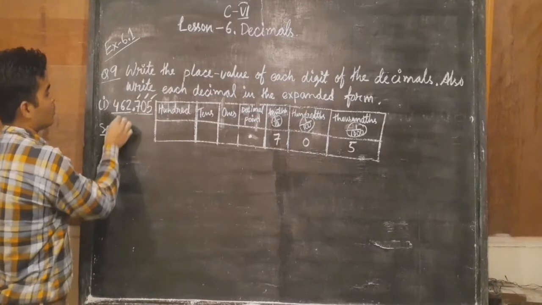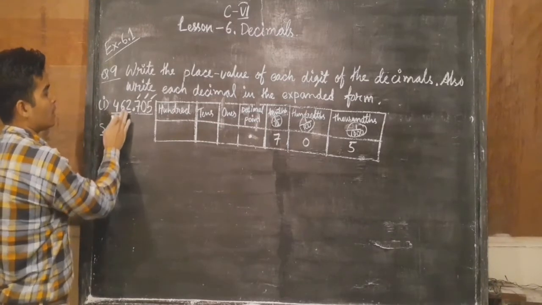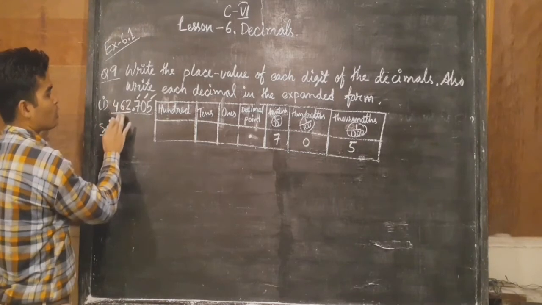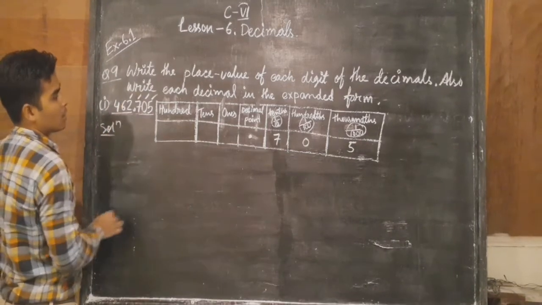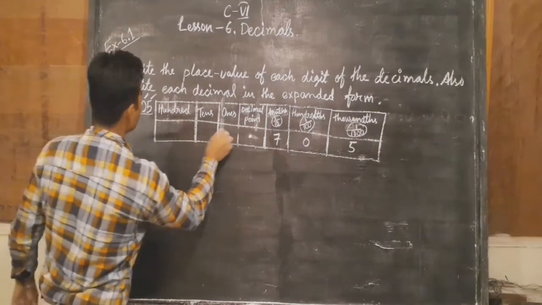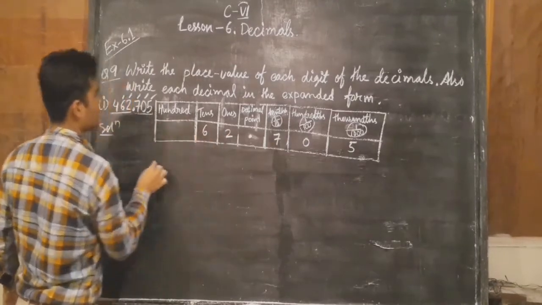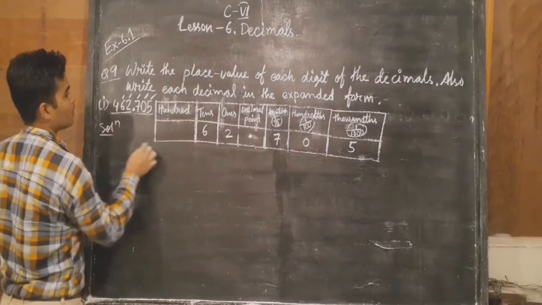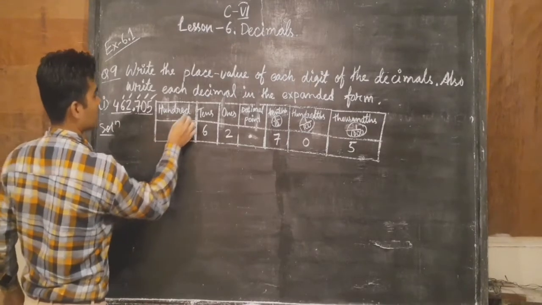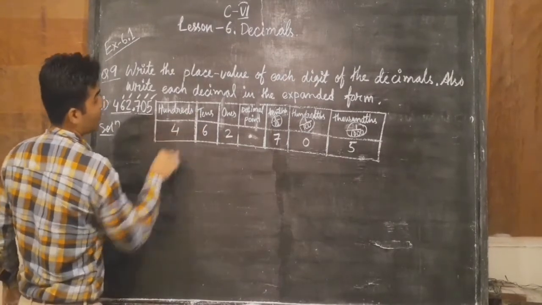Now we will move to the whole number part. This is a whole number. So this we will count as normal number. You can see this is one. This will be in the ones place, and this will be in the tenth place, and this will be in the hundredth place.